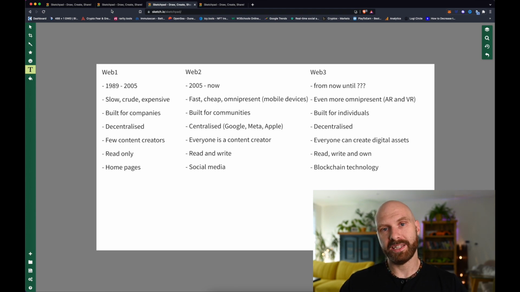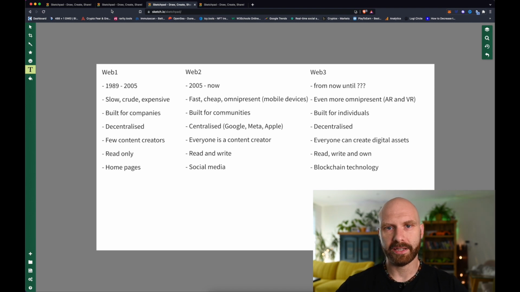It was, however, quite decentralized. So there weren't huge companies that would control large chunks of the internet. Essentially, every website or every company had their own little chunk of it, which then changed in Web 2, but I will talk about that in a minute. But because it was also quite crude and quite difficult to create and relatively difficult to access, there weren't really